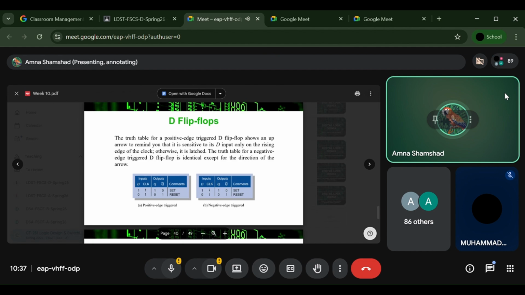If we want to mention it with negative edge triggering as well, what is the difference? We just have to show the clock signal. For positive edge triggering, it will be the upward arrow, and for negative edge triggering, it will be the downward arrow. Upward arrow means it shows the rising edge of the clock, and the downward arrow shows the falling edge of your clock. Is this clear to all of you? We are just revising the synchronous and asynchronous concept, and the rising and falling edge of the clock. Clear to all of you?